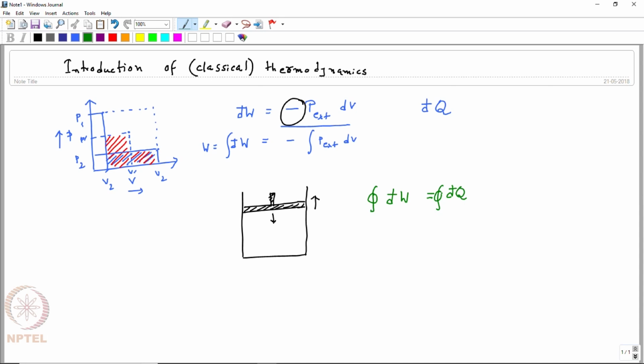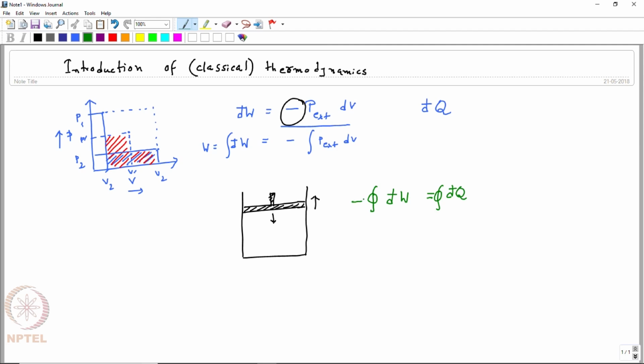So both sides will be 0, but it may be non-zero also, and that non-zero value is basically the system actually being used during the transformation. Although it came back to the original state, the surroundings used the system to convert some amount of work into heat, something like that, or heat into work. Now the question is that conversion, work into heat and heat into work, in a cyclic process, due to conservation of energy, we can write it,